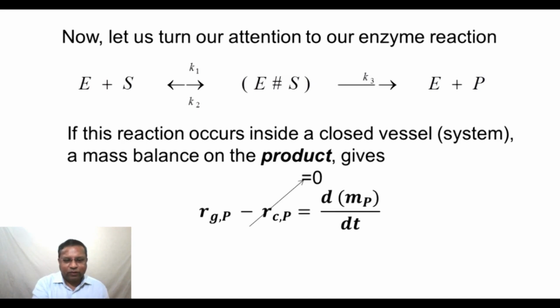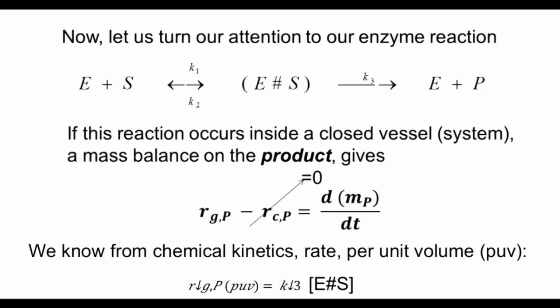If we assume that there is no consumption of the product, then the rate of generation of the product equals the rate of accumulation of the product. And we know from chemical kinetics that the rate on a per unit volume basis, the volumetric rate as we call it, is